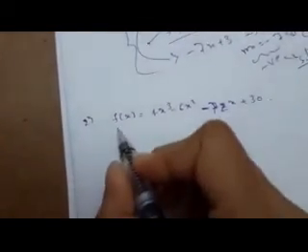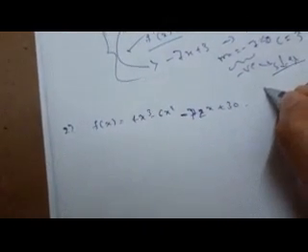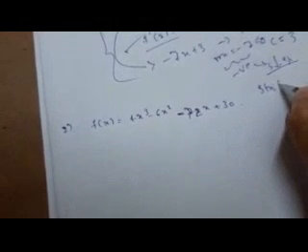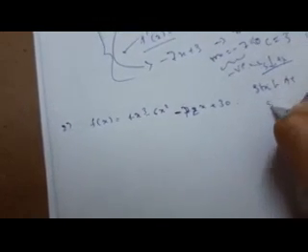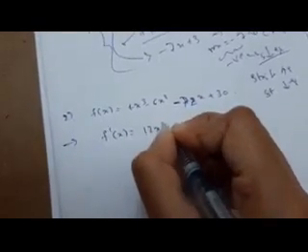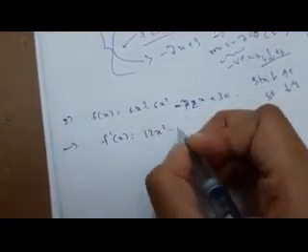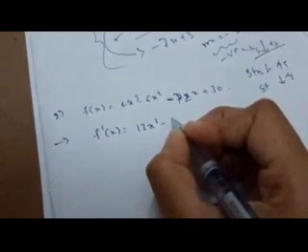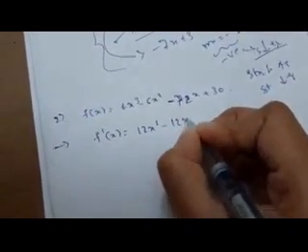So now let us solve another question based upon the type 2 question. Here they have given the function and we need to say in which intervals the function is strictly increasing and strictly decreasing. So this is the given function. The first step is that we need to find its derivative. So what is f dash of x? 12x square minus 12x minus 72. So this is our f dash of x.